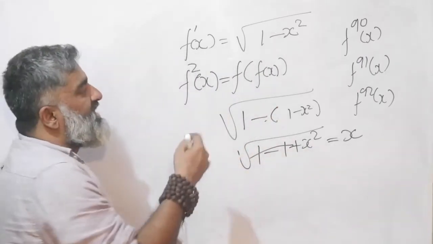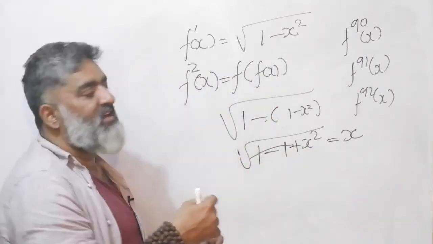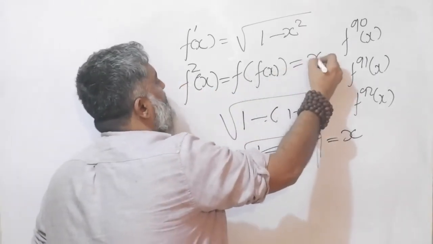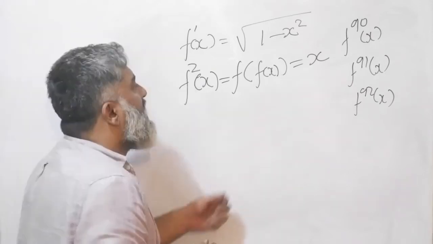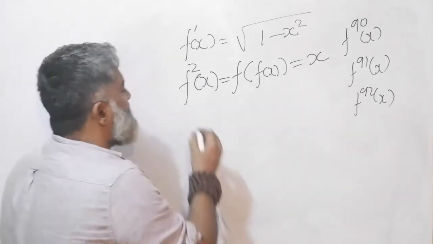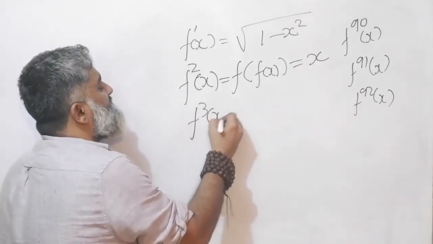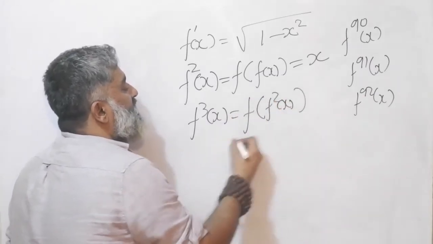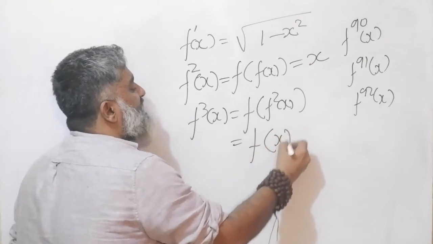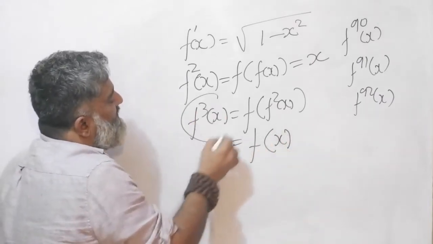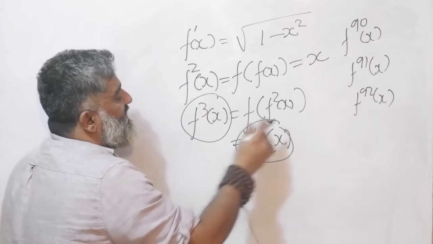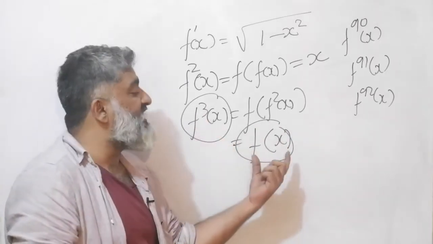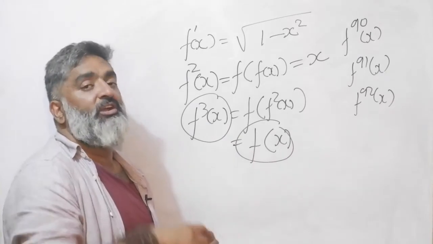So once again, actually I was hoping that maybe the story will have 3 steps. This also has 2 steps only. f2 of x I get back as x. And the moment I get to x, f3 of x, which is f of f2 of x, is nothing but f of x again. So I started with f3 and I'm back at f of x. So f3 is the same as f of x. So this is also 2 steps only.